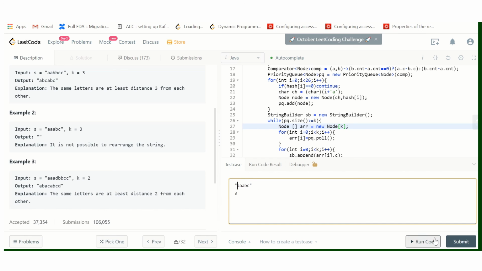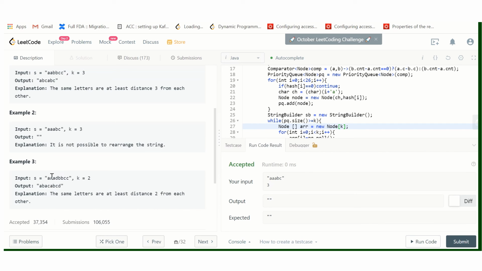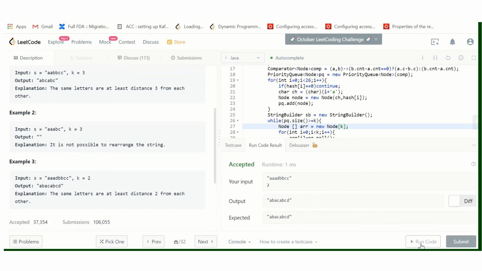Let us see if we can arrange this. Okay, it is running correct. Let's check for another input. Yeah, it is running correct.